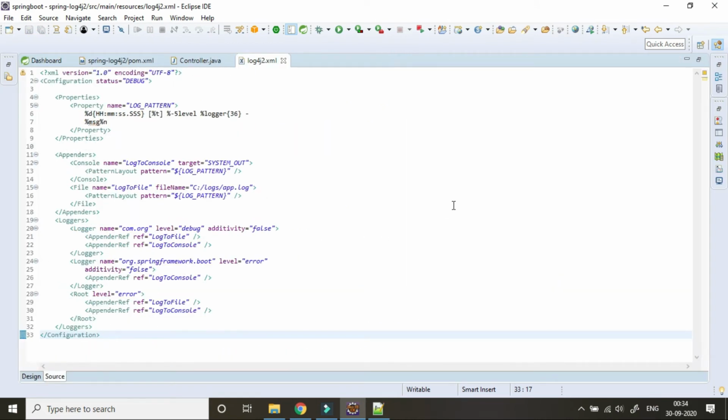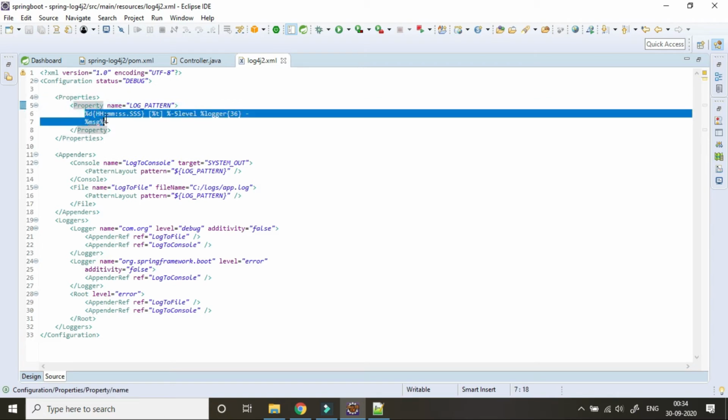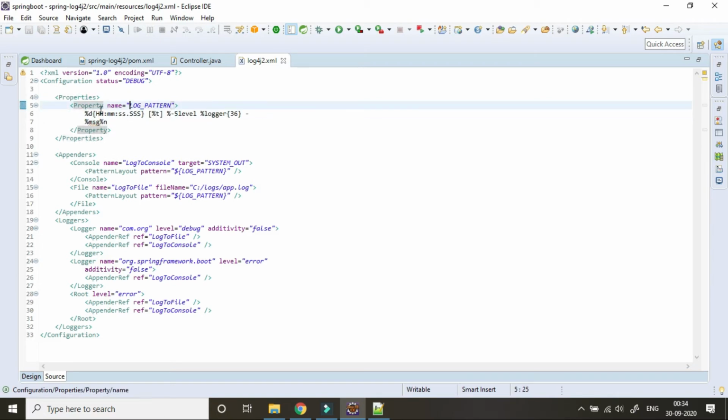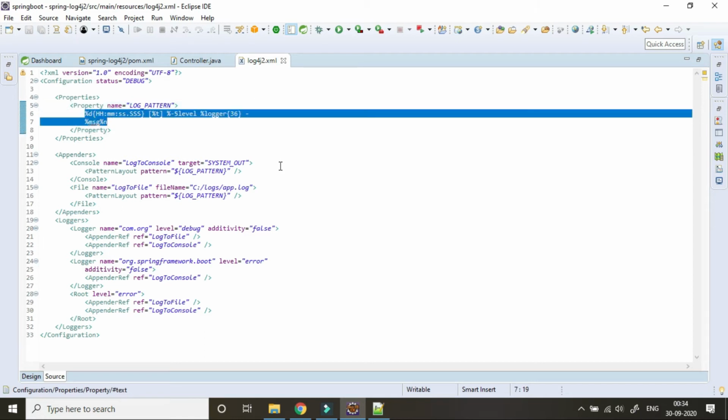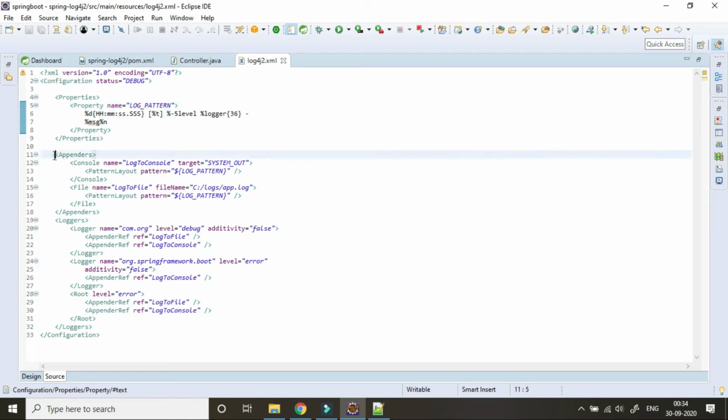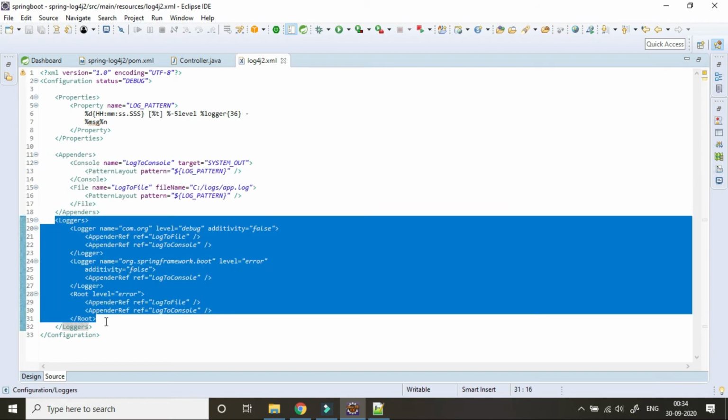So I can give you some basic idea regarding this file. So this is the property. We can define any property. This is the property name and this is the property value. Whenever we want to use this particular property, we use this name, and depending upon this name, this value will be used. The second part is appender and the third part is logger.